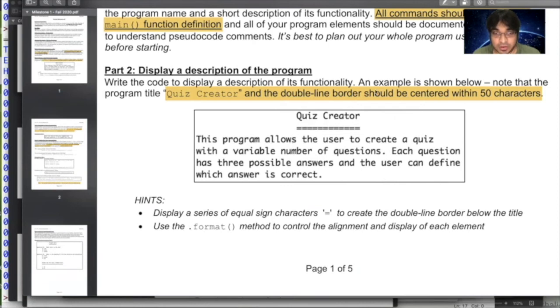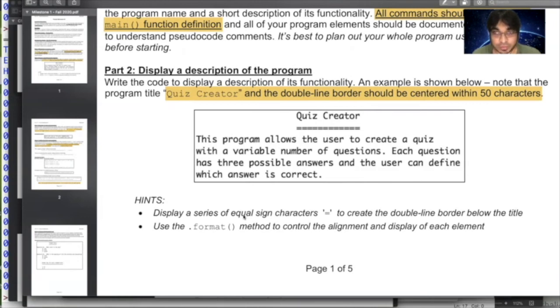And the way to make it look like this is for you to use the dot format method. To learn more about the dot format or formatting strings, most of the content of the Milestone 1 portion of the project is covered in chapter 5 of your textbook.